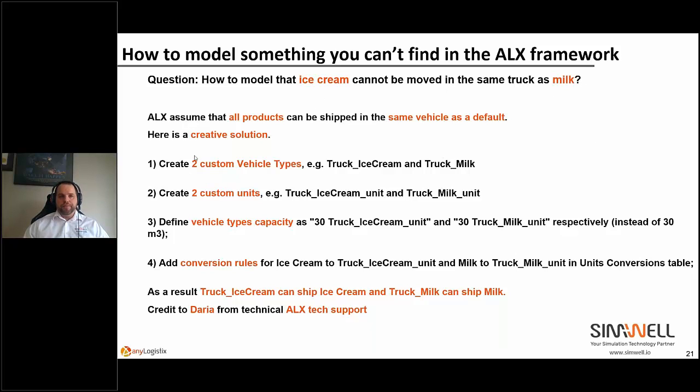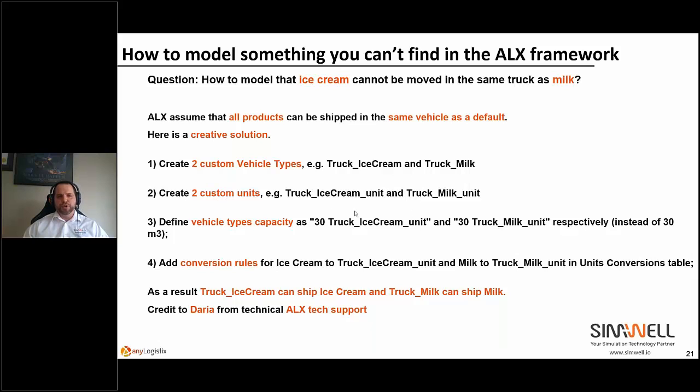There are workarounds, but I don't like the word workaround for that. I think a hack would be a better word, or just using your modeling mind to find solutions. So how do you do that? Well, you create two custom vehicles, truck ice cream and truck milk.